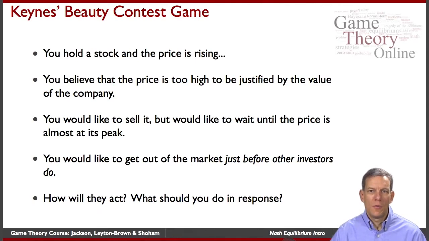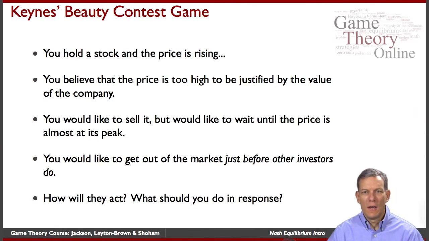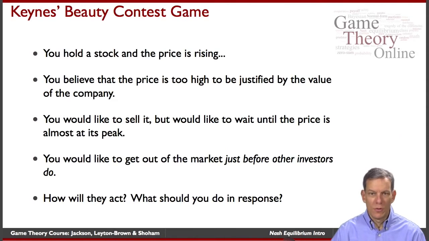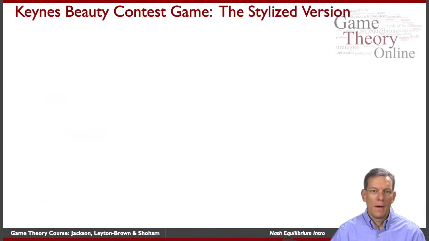So the basic ingredients of Nash equilibrium are going to be having some prediction of what other players are doing and then choosing the optimal strategy in response to that. So these are going to be two key ingredients that we have. So there's a very stylized version of this, which is known as the Keynes beauty contest game. Where did it come from?